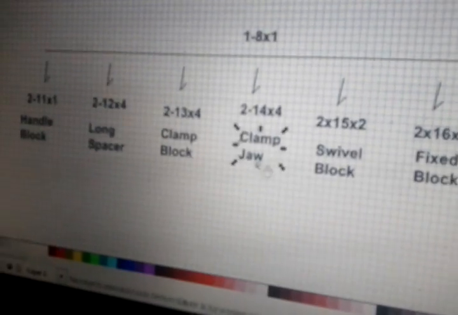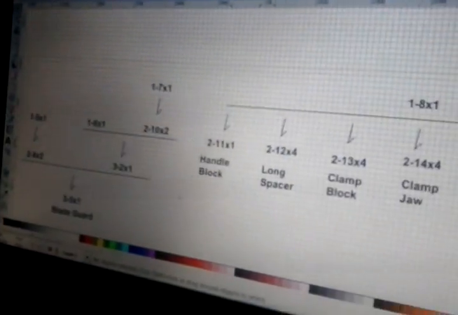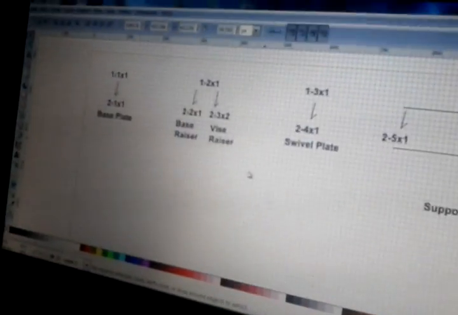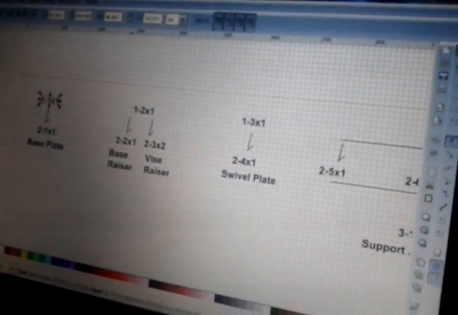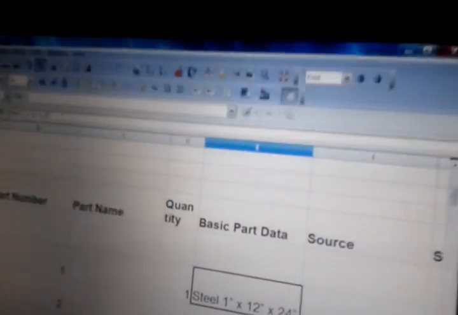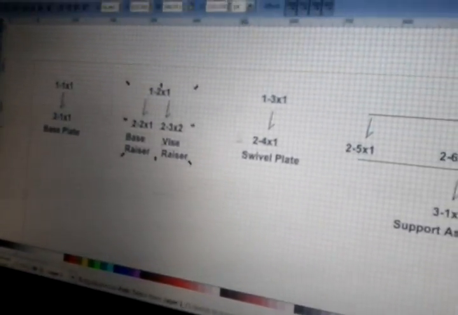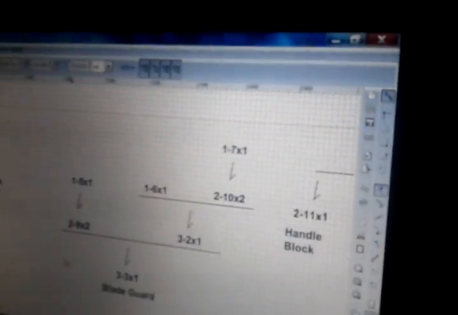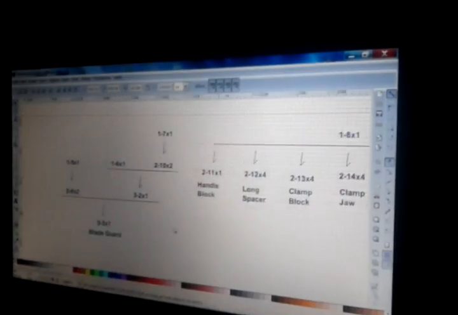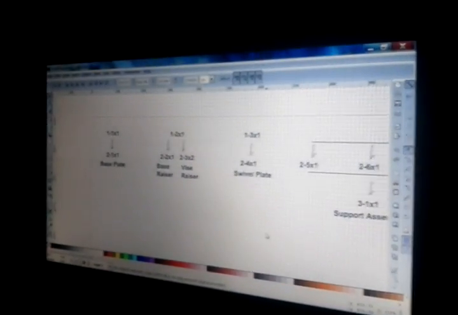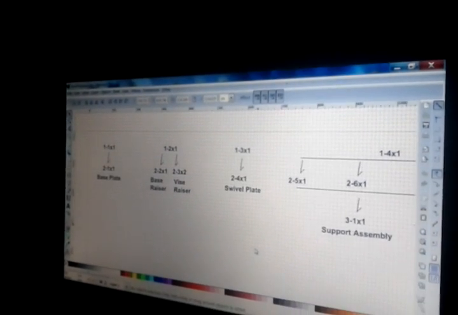We have a clamp block here, a clamp jaw here, swivel block, and for a fabrication team to visualize the entire project in this way, understand that 1-1 can be quickly referred to in the index as steel 1x12 by 24, and then understand it turns into 2-1 and quantity 1, and then refer quickly to 2-1 and go directly to the fabrication drawing, allows the team to work in parallel very rapidly with much more efficiency than conventional instructions that go in steps where the team has to figure out what can be done in parallel